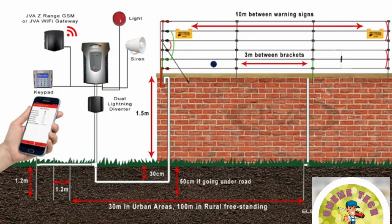It is important to remember when wiring systems to keep all low voltage wires at least 20 centimeters away from high voltage wires, unless it's only for a distance of less than 200 millimeters. High voltage has a potential to interfere with 12-volt systems if it is too close. A correctly installed electric fence